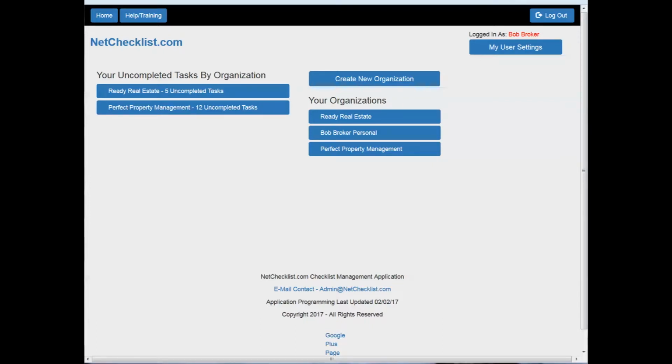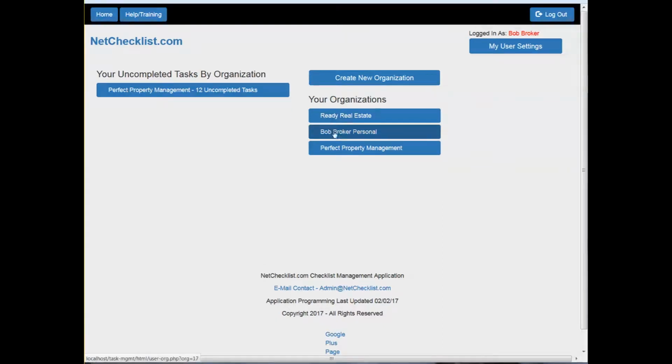In this video, I'm going to talk about working with the task list in the application. So here I am logged in as a fictional user, Bob Broker, and at this point, Bob is logged into the application, but he's not working in any organization yet. And because of that, we don't see any of the menu items up here at the top that let us work with checklists or do a lot of things you can do with the application, and you don't see